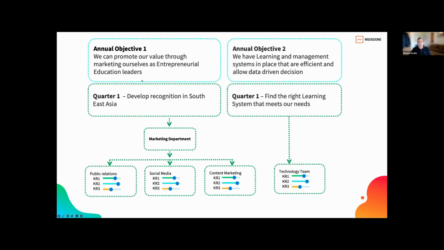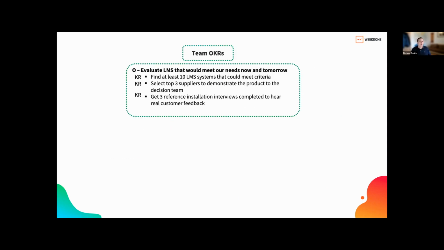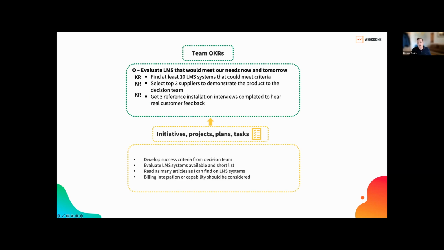What we've now got is annual objectives that have come from our strategy. We have what we're going to focus on in Q1, and it has been aligned all the way down to the team. So the teams are working on outcomes they're going to drive back up to move the quarterly and the annual objectives forward. One thing I want to come back to is that last team OKR, which was for the tech team. Now, how did they develop that? It may be they developed the key results, but it may also be that they started with the initiatives, projects, plans. What are they going to do?